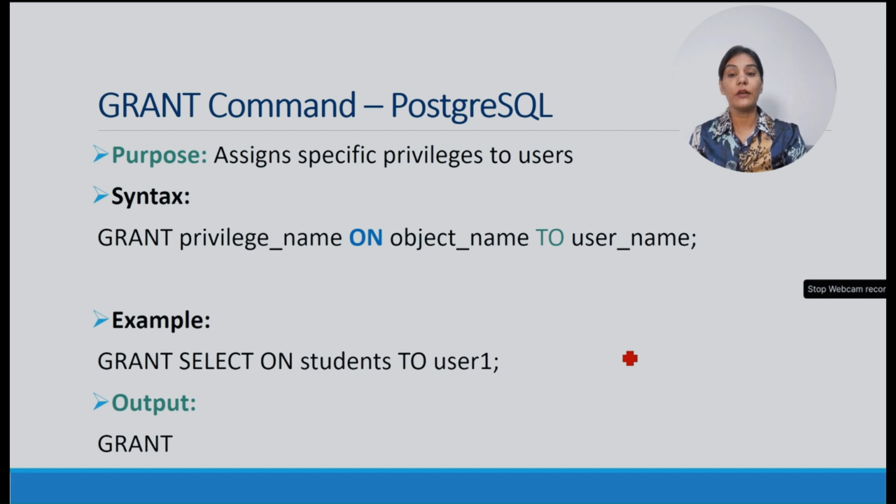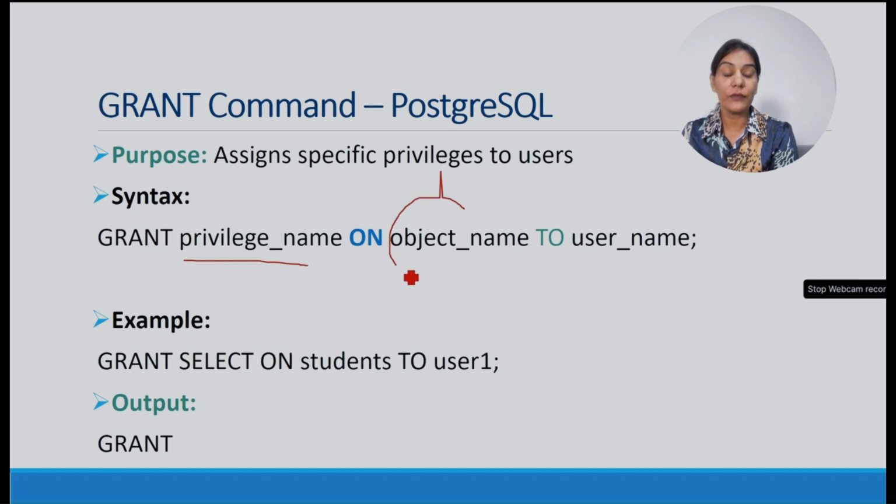Okay. So here, let's discuss firstly the grant. The grant command assigns a specific privilege to users. So what is the syntax for it? GRANT privilege name ON object name TO user. The object name is what we can allocate, and to which user. For example, grant, we have seen a few commands earlier, update, delete. Here we are just going to give a select on which object? Your table name. My table name here is students. I give access to user one.